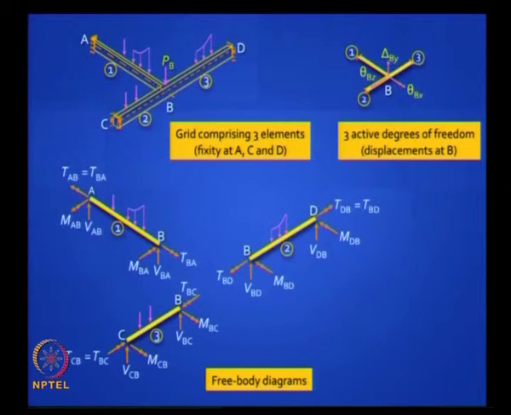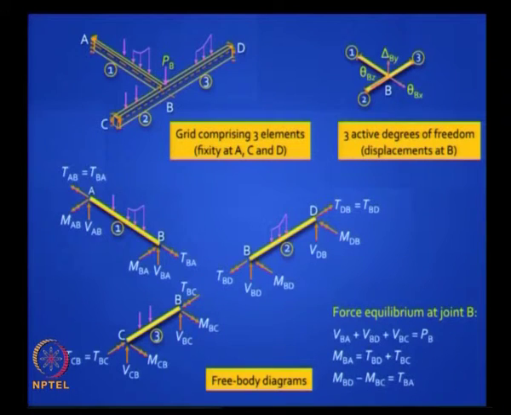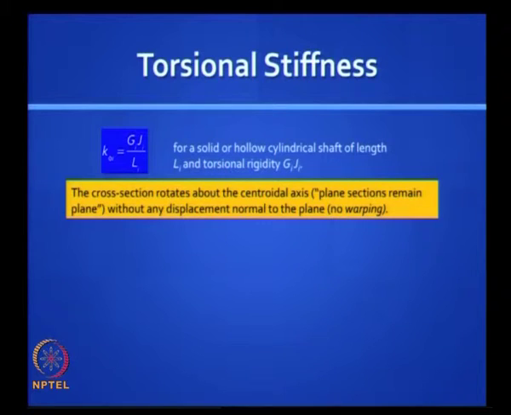Compatibility demands that the rotations at B should be the same for all. What would be flexural rotation for one beam would turn out to be an angle of twist for the perpendicular beam, and equilibrium has to be satisfied at that location B. The resultant force should add up to whatever force acts at B. So in general, these are fundamental concepts. Okay, how do we address these issues in matrix analysis?